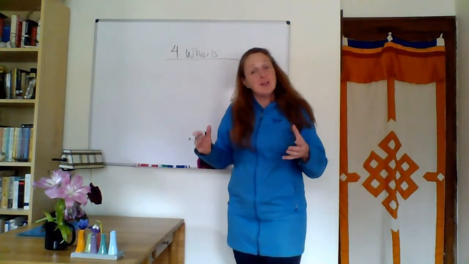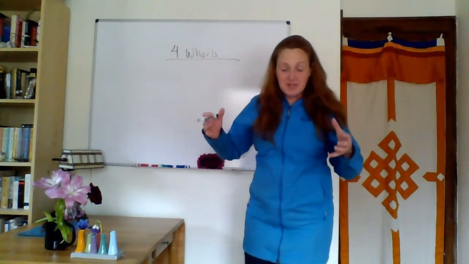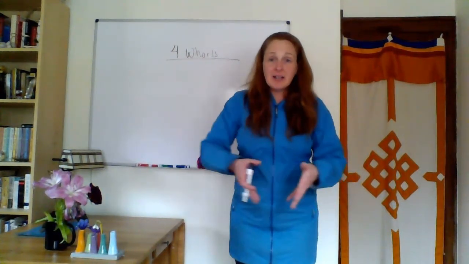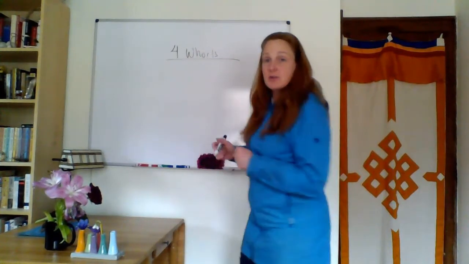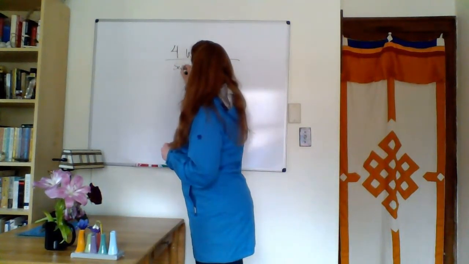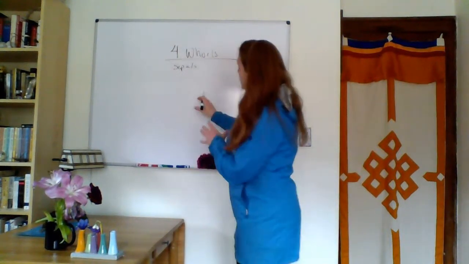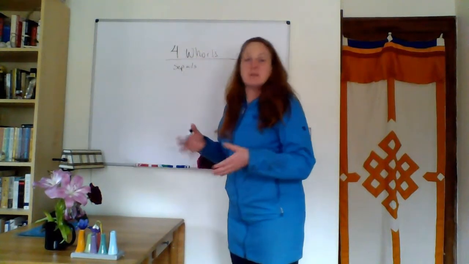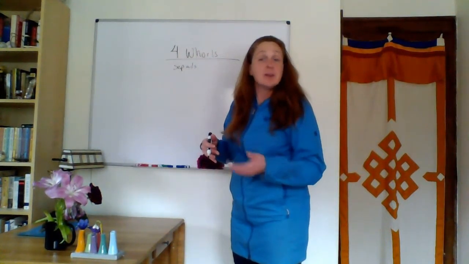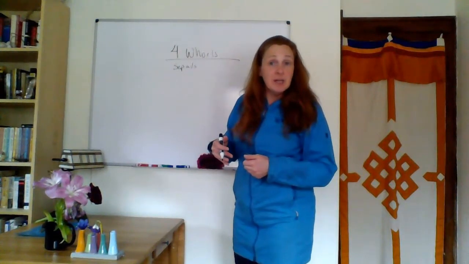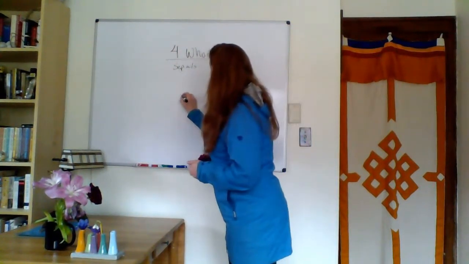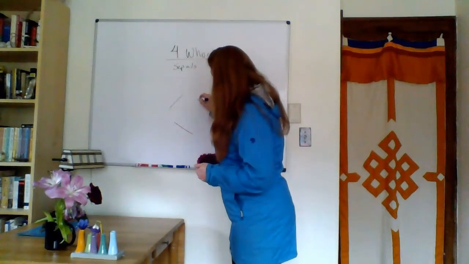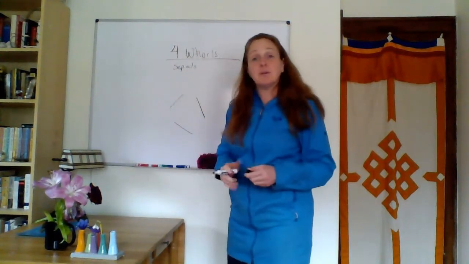Now, whenever we look at the 4 whorls, we need to pretend that we are looking straight down on a flower, and we're going from the outside in. So our outermost layer will be our sepals. And so down here I'm going to draw a little picture as if I were looking straight down on a flower. And I'm just going to draw my whorls as straight lines. And I'm going to do 3 straight lines. So here for my sepal whorl, I have my 3 main lines. So it's my outermost whorl.